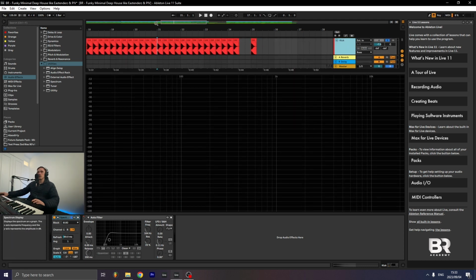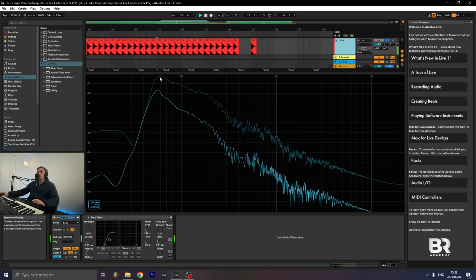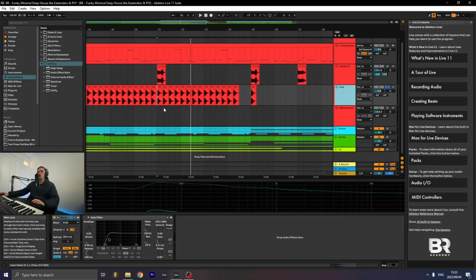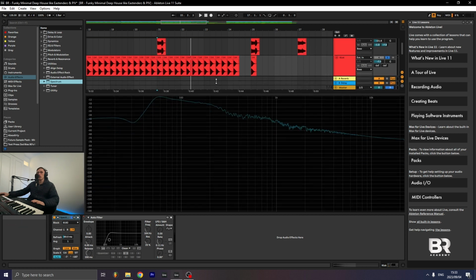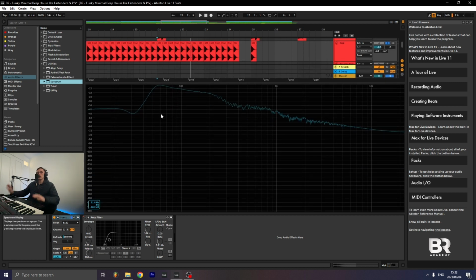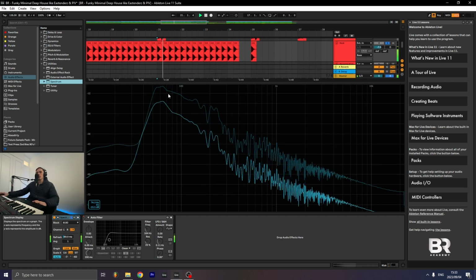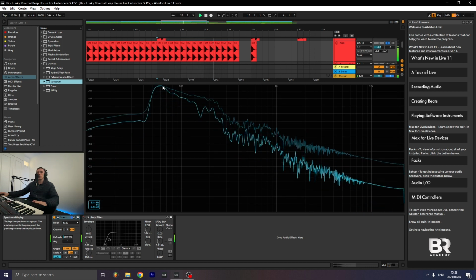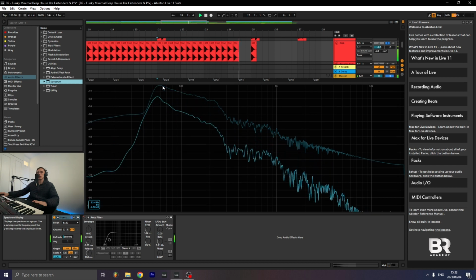and I've thrown a spectrum analyzer on here to analyze the key of the kick. Basically, if you're working with a lot of samples and you don't know the key of your kick drum, what you can do is just throw a spectrum analyzer on there. And what happens when you throw it on, you'll get this nice big image of the frequency range of your sample. And you'll see there at the bottom corner, it says that this kick drum is in the key